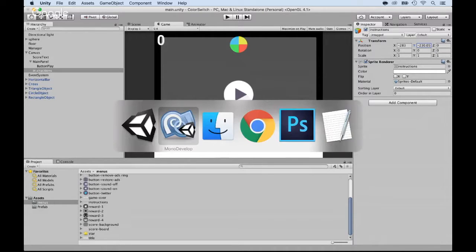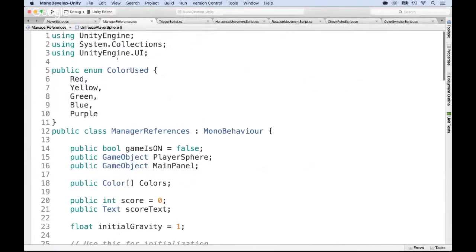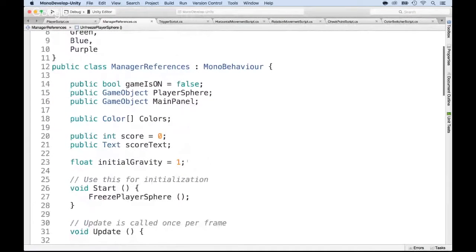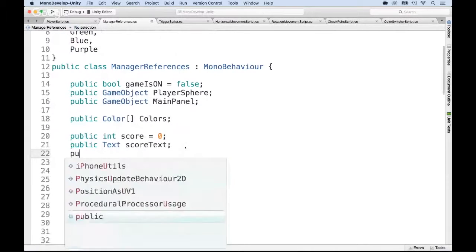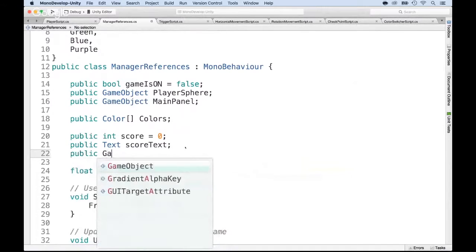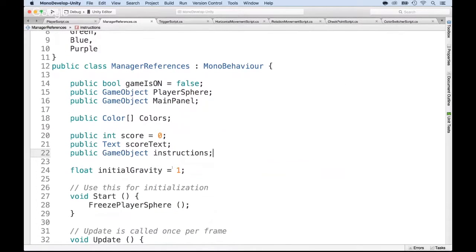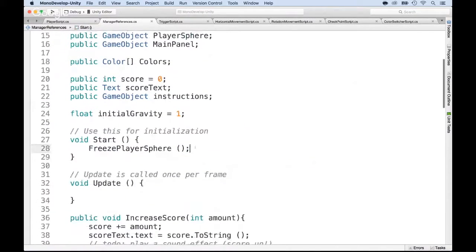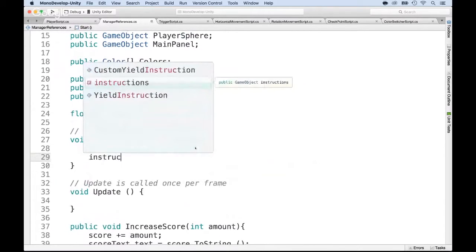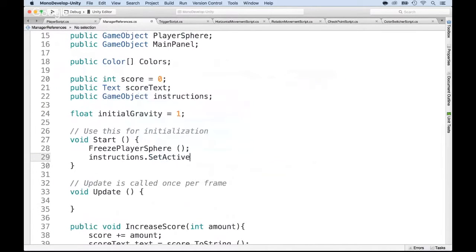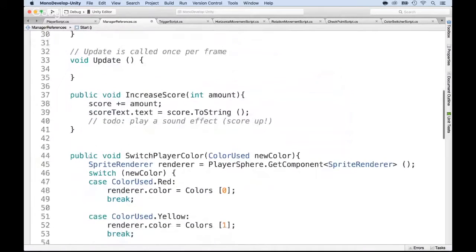I'm going to the manager reference script and add a reference to it. Public GameObject, and the object is the instructions. All right. And at the beginning, the instructions will not show. So in the start, I put instructions.SetActive(false). I basically turned it off. And now, whenever I press the button,